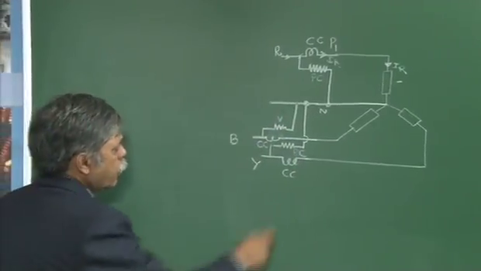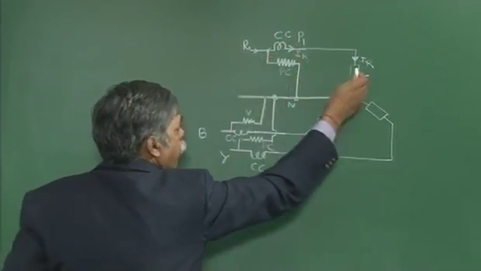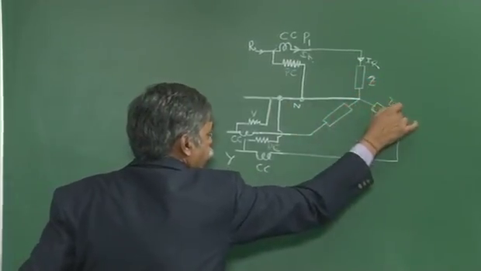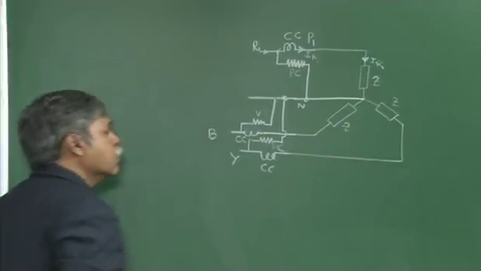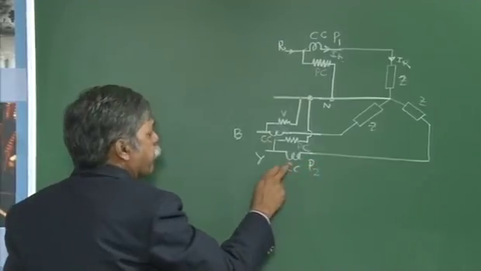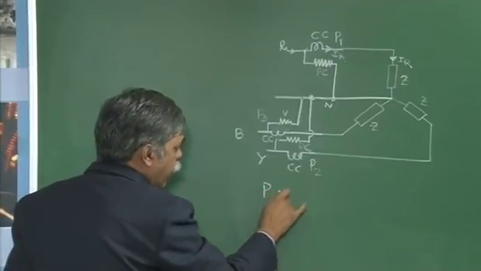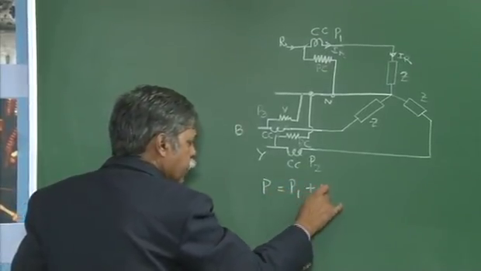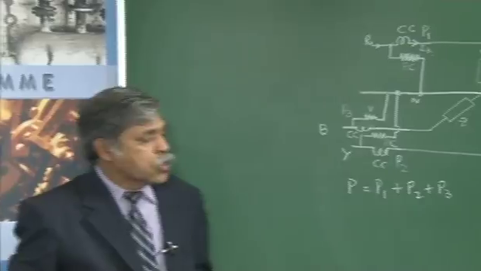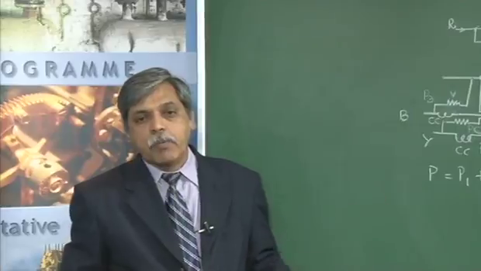Now if P1 is the wattmeter reading in the R phase, it will give us the power consumed by the R phase load. I will write here Z, it is a balanced load. Then P2 will be the power given by the second wattmeter, and P3 is the power indicated by the third wattmeter. So total power P will be equal to P1 plus P2 plus P3. This will be the total power. So this is how you can connect 3 wattmeters for the measurement of power in the three-phase circuit.